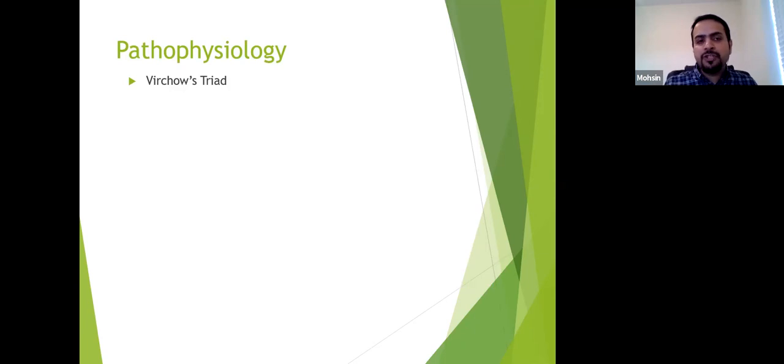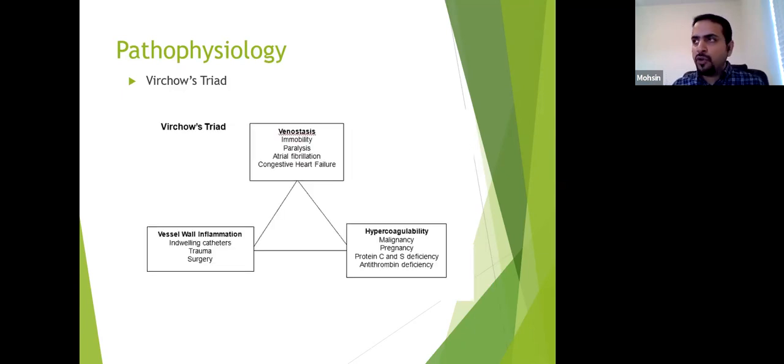Just about pathophysiology, just going back to your medical school, think about Virchow's triad. I'm not sure if all of you remember that or not. The reason I want to talk about Virchow's triad is because if you ever think about your patient coming with acute dyspnea or chest pain, just think about if they have any of the risk factors for the Virchow's triad. Basically, anything that is causing venous stasis, which can be mobility, paralysis, plaster cast, heart failure,